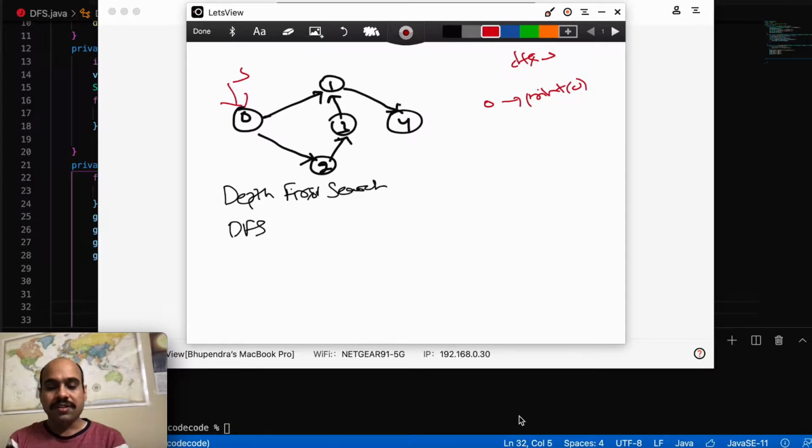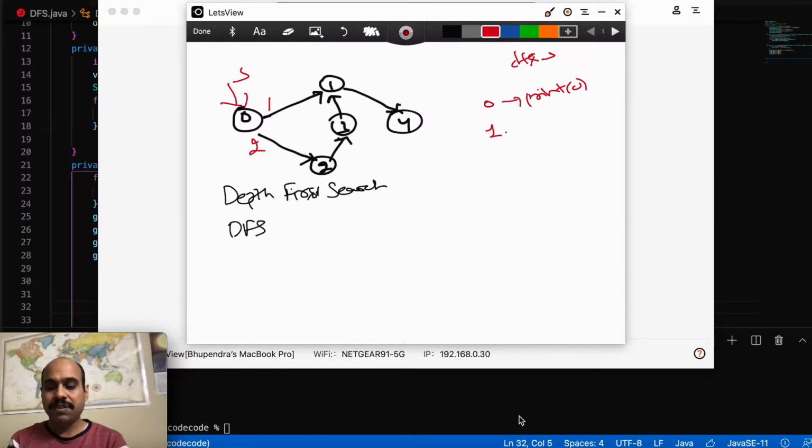Okay. Next step, you will find a neighbor of this vertex which has not been visited previously. So we can see here are two neighbors of this vertex, 1 and 2, and you can take any one at random. So for example, let me take 1, and then again you will do the same thing.